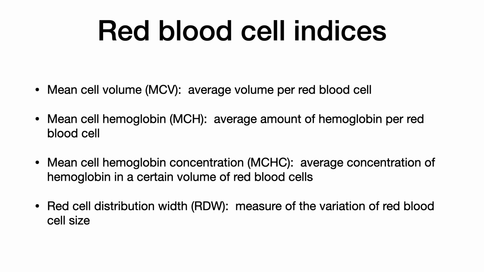Mean cell hemoglobin, or MCH, is the average amount of hemoglobin per red blood cell. Mean cell hemoglobin concentration is the average concentration of hemoglobin in a certain volume of red blood cells. And I was told, and I have read this here, that it used to be important, but now it's so regimented that it's more of a QA/QC type thing for the instrument, and should be pretty much normal in everybody when it comes out, something along those lines. And then red cell distribution width is the measure of the variation of red blood cell size, and